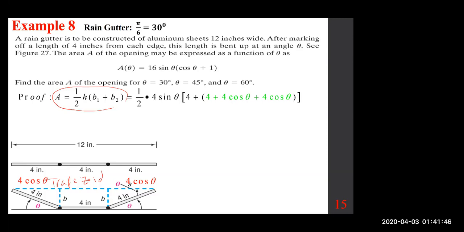So we are looking at the half, times the height, which is 4 sine theta. Take a look at this, class. The height is b, and it's equal to 4 sine theta, because if you look at this